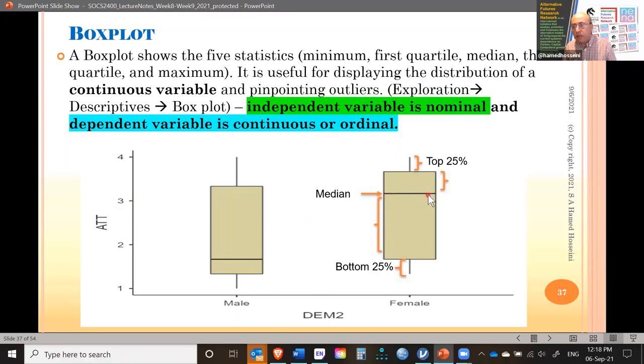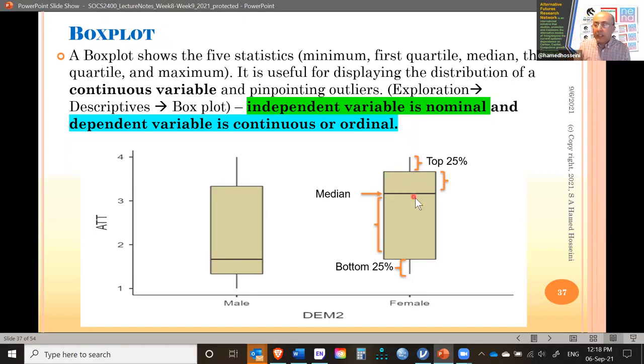So it's around 3 point something. So obviously this graph very quickly just tells us that the females are actually more likely to be open-minded because their median line is well above the median line of men. But the test that we do does not compare medians; it compares means. But it's not a really big difference. So in box plot we compare medians here. The good thing about Jamovi, actually, is it can also show the mean,